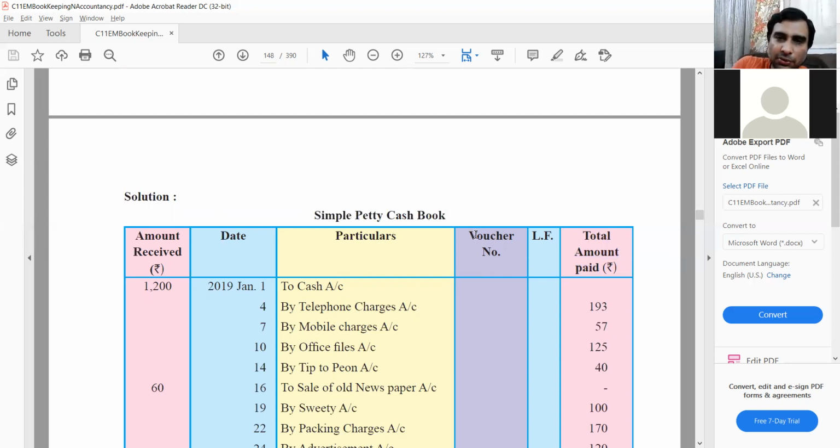As I mentioned, the voucher number column will never be blank because it's a book of original entry and the entry is made from the vouchers. We had seen the format of the voucher in the last lecture. So in a real-world environment this will typically not be blank. The moment you make a petty cash book entry, this is filled up. So this is the right hand side. This is per se the debit side, sorry, this is the credit. If you look at a cash book, this is the credit side.